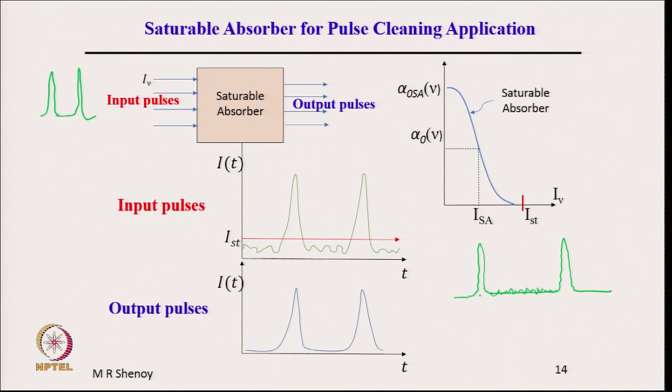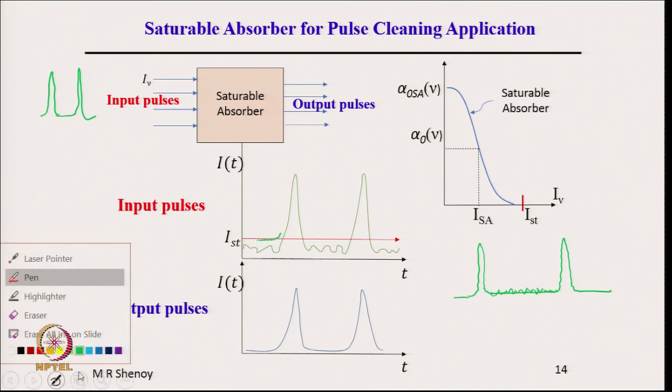So, there are applications where you need clean pulses with 0 fluctuation in between or very little fluctuation in between. One of the ways that can be used to clean the pulses is by passing the input pulses through the saturable absorber. It is illustrated here that beyond a certain intensity it is completely transparent. So, you have all the intensity coming. Effectively, what has happened is this pulse has become like this.